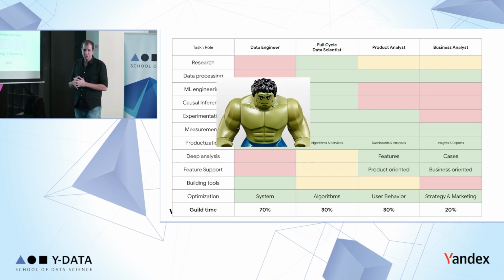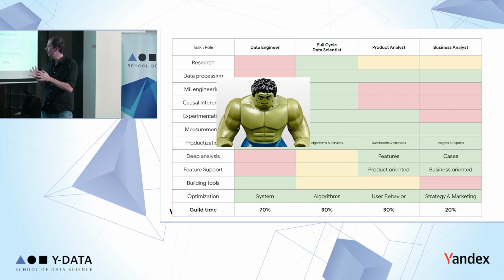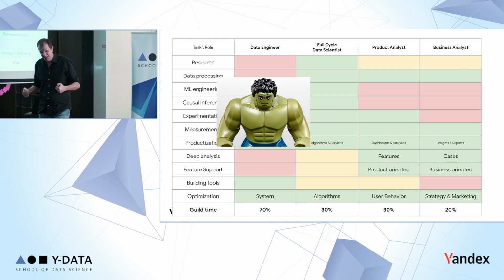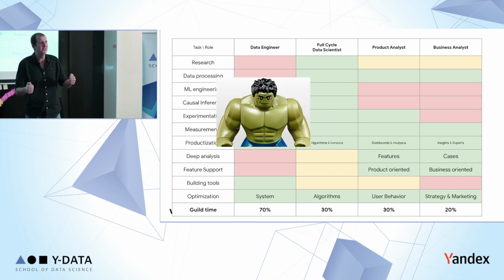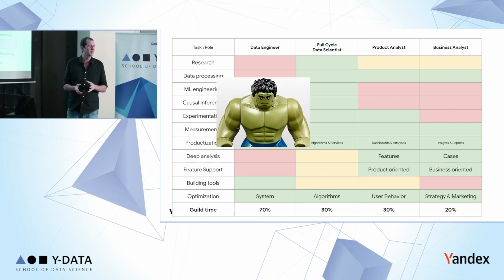So data engineers are essentially the Hulk who is holding the infrastructure. They're doing a lot. You can see this mapped in terms of red and green, but you get the idea. They optimize the system. They optimize the culture. Now, in many cases, they hang around like the Hulk, pretty upset and mad, asking why did you do this, and why did you build something that cost so much, and so on.